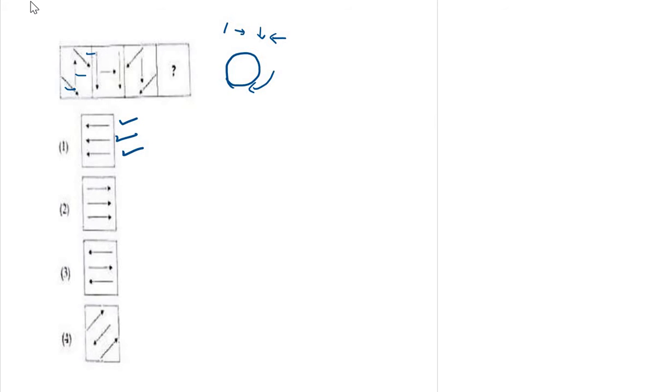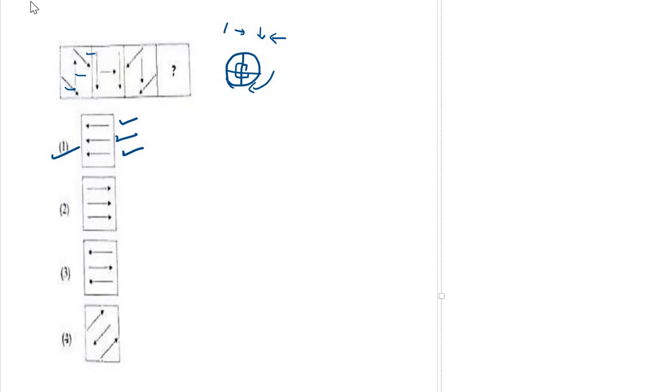Given a figure, find out the pattern, how it is rotating. Is it 45 degree or 90 degree? A whole complete turn I divide into 4 quarters: 90, 90, 90. One figure is like that, and 45 degree means 1/4, 1/4, like that it is moving. Or half of the figure, like that we can compare. So the answer is the first one.